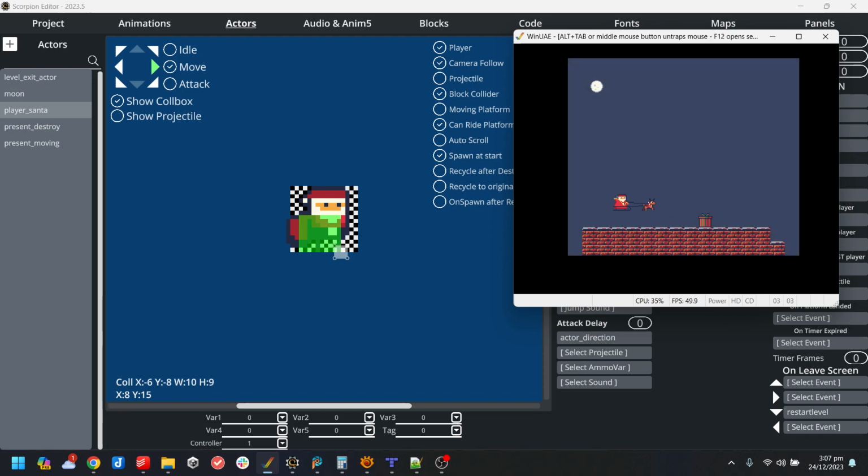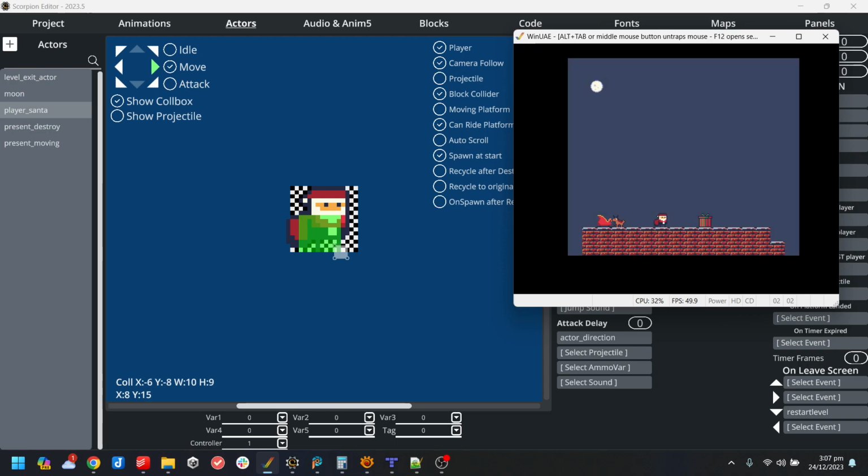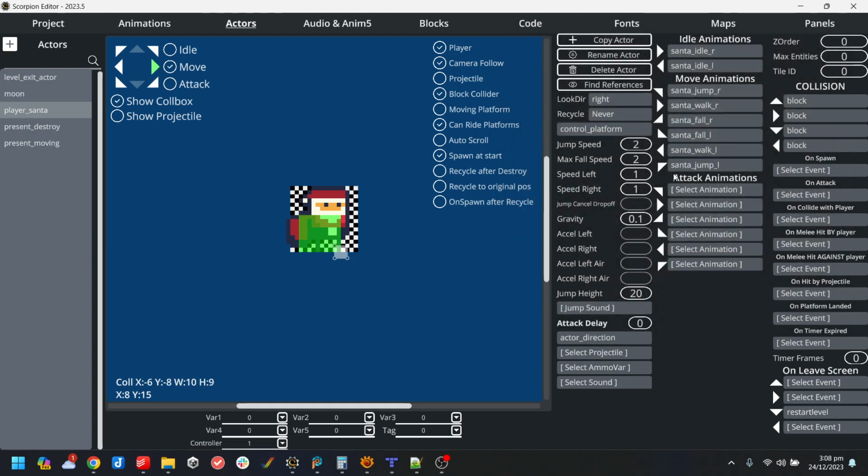It's looking good. Okay, well, I probably need to check that, like I can't just erase the exit by putting a gift on it. Looks like I can, so I'm going to need to,